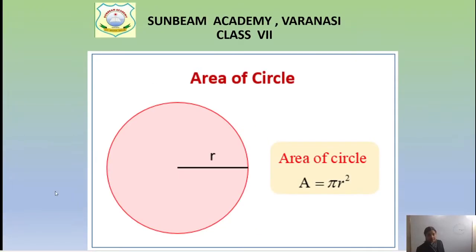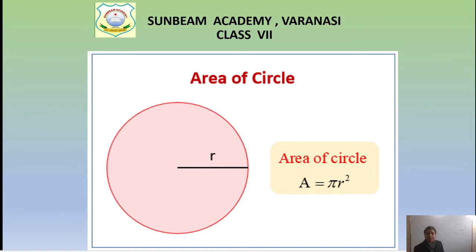If you see the slide, you can see a circle and the radius. From the center to the arc, this length is called the radius. If you make it double, that is, the longest chord, the line segment which passes through the center of a circle, it is called the diameter. So the diameter is just double the radius, and the area of a circle is pi r square. Area of circle is pi r square.